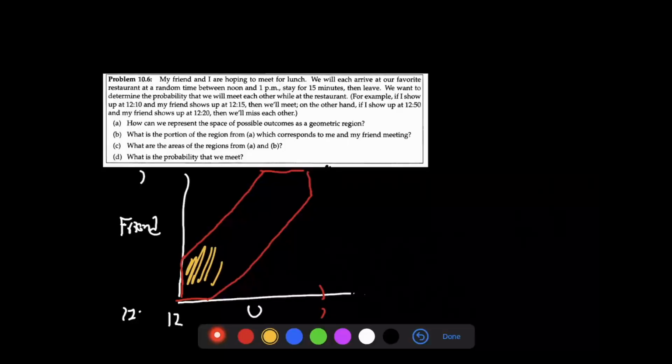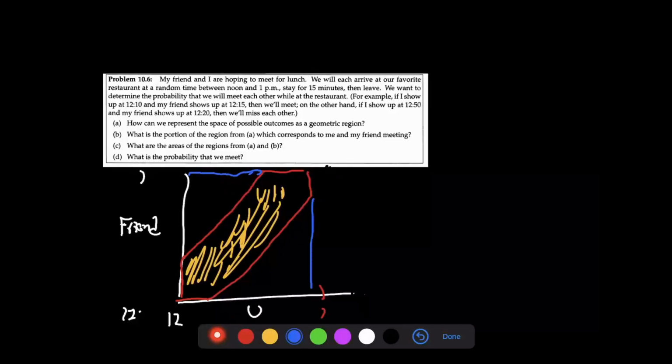So now we want to find the area of this region, divided by the area of the entire thing, which is 1 by 1. Well, this is kind of hard to do. It's like a really weird shape. But what we can do is complementary probabilities, but in geometry. We count what is not what we want, these two things. And the area of both of them are